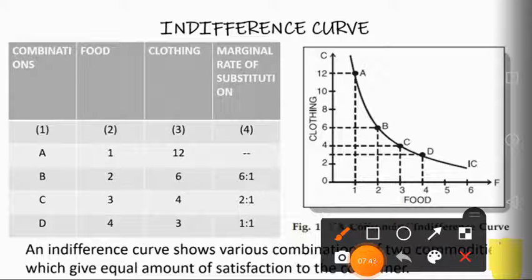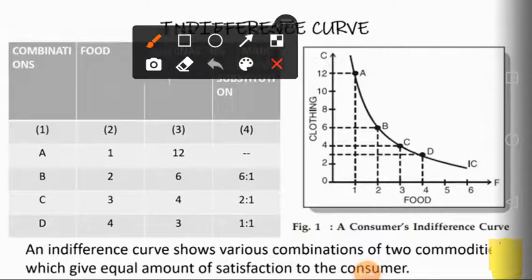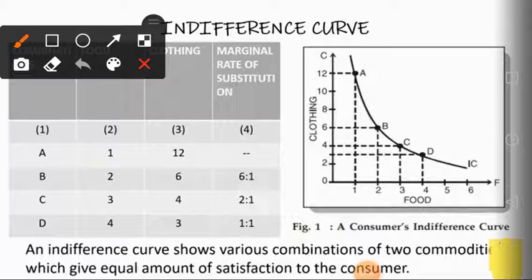Now I am going to explain it again, what we are talking about here. Here are the combinations A, B, C, D. I can purchase A, B, C or D, any of the options. Every combination will give me an equal level of satisfaction. If from A I am getting a total satisfaction of 10, similarly at B I will get 10, at C I will also get 10, and at D I will get a satisfaction level of 10.